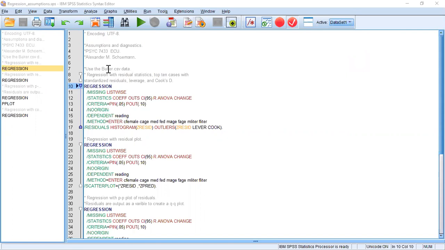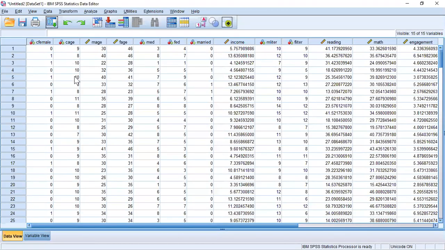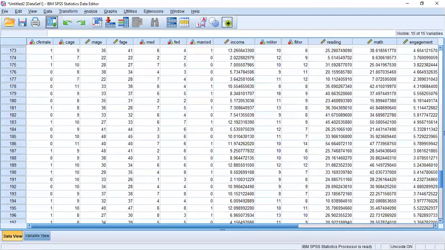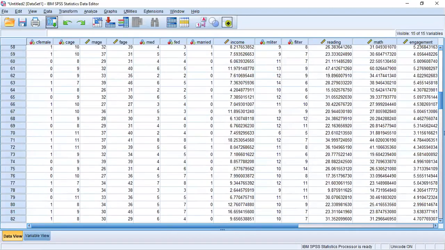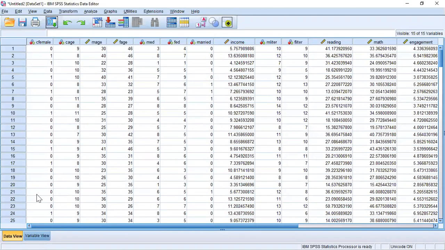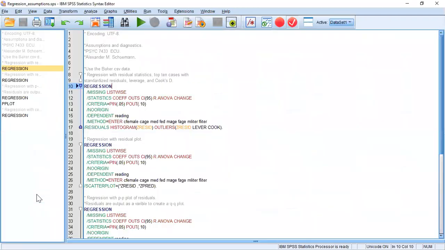So for this, we're going to use baker.csv. I think it's called Baker EX 2013. The data, just as a reminder, we can look at the data briefly. They're simulated data based on a study looking at 200 children in a literacy program, and specifically our model. If we go back to here, we're looking to predict children's reading scores from child demographics,